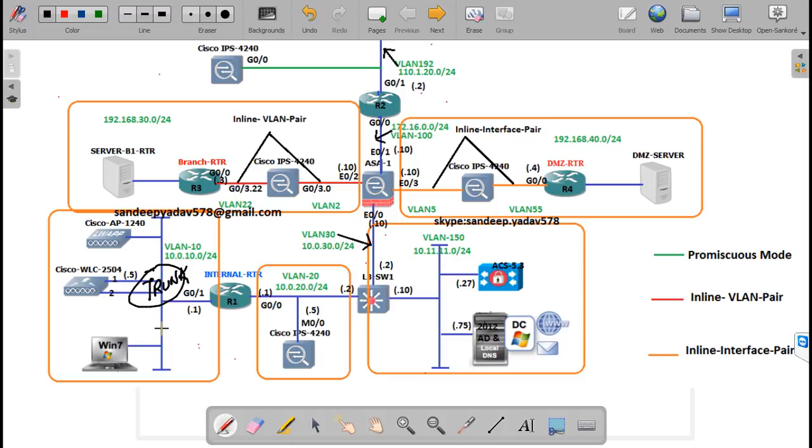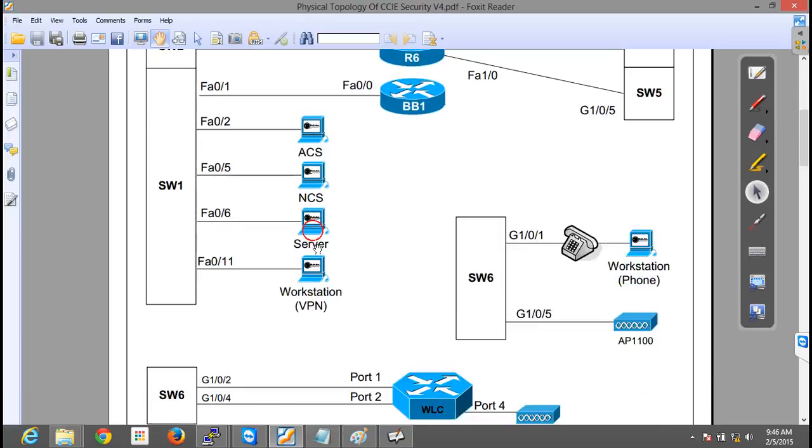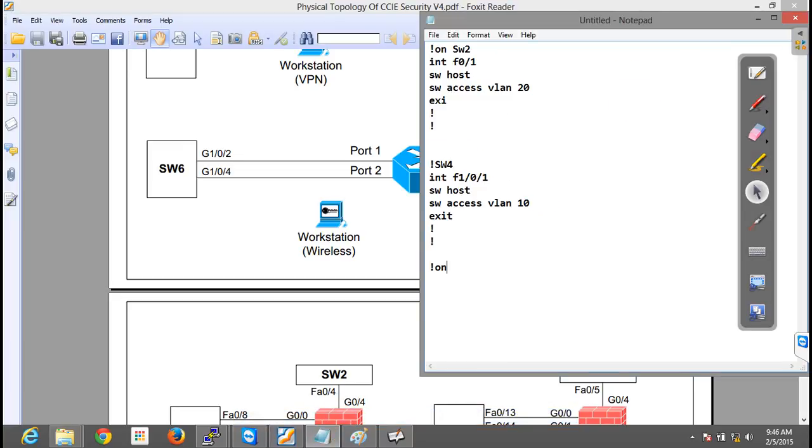Wherever WLC port 1 and 2 are connected, those should be trunk. And these are connected on switch 6 port. Exactly. So on switch 6, interface range G1/0/